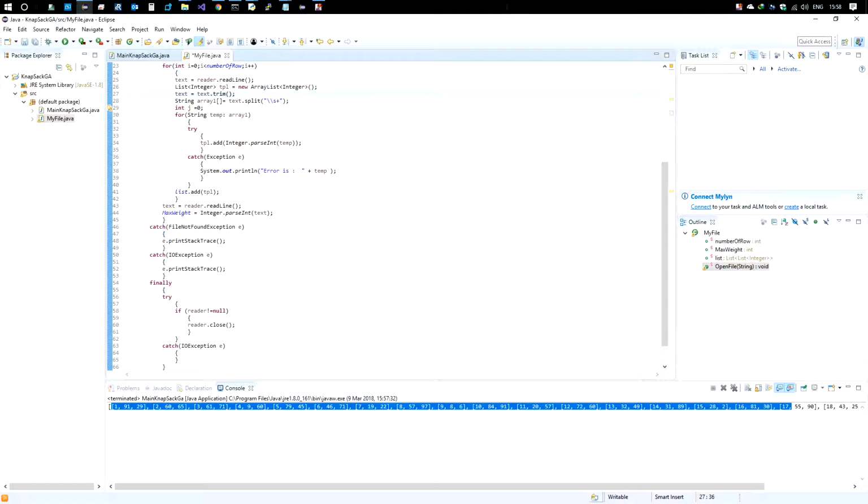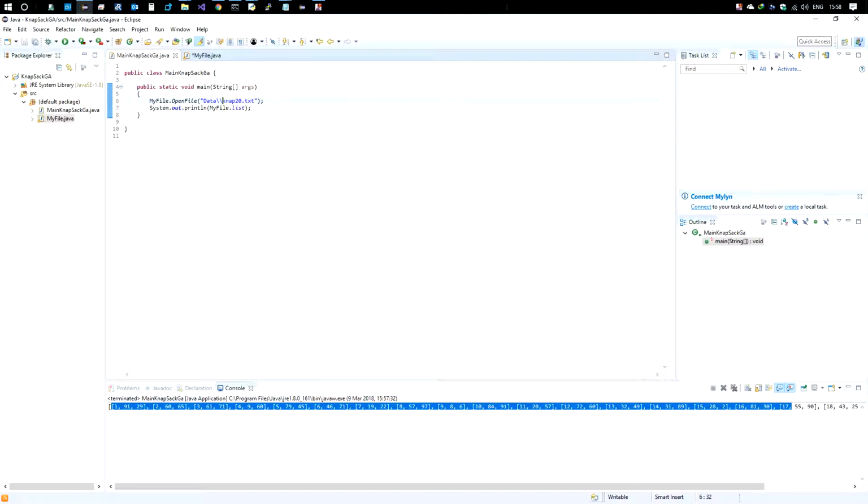What I'm going to do, I'm going to the main, and you see I just printed the read information in Java. I'm going to send this project to you somehow later. But in the genetic algorithm, I have to explain what exactly a genetic algorithm is. You have to randomly create a mix of elements and put it in one